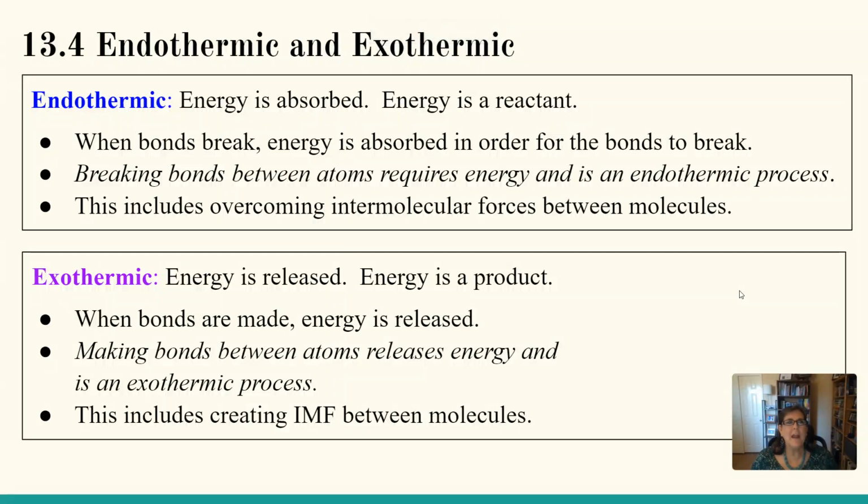Students, welcome back. We are now going to talk about the words endothermic and exothermic. Endothermic is a reaction or a process where energy is absorbed. We would say energy is one of the reactants, which is, of course, one of the chemicals on the left side of the arrow. So, for example, when bonds break, energy has to be absorbed in order for the bonds to break. Bonds don't just break on their own. You have to put energy into the bonds to break them. So that putting energy into is endothermic.